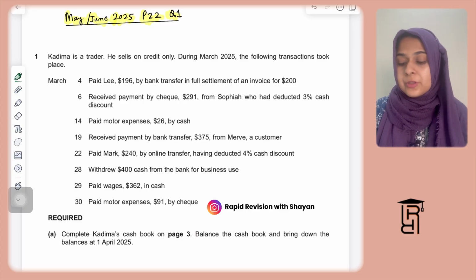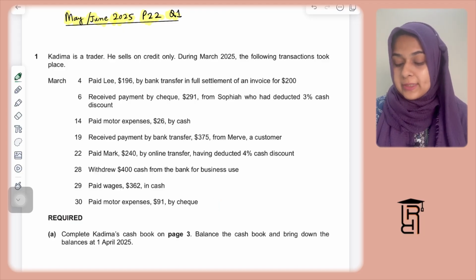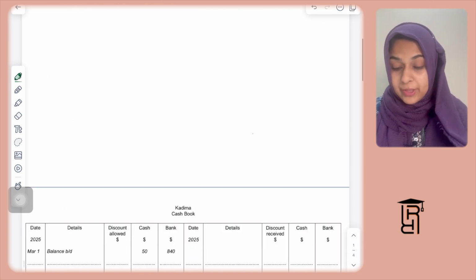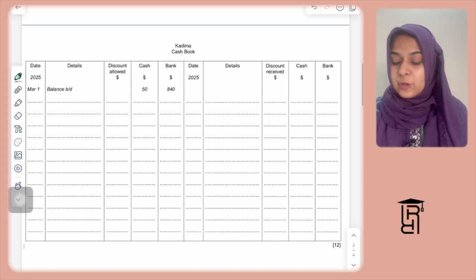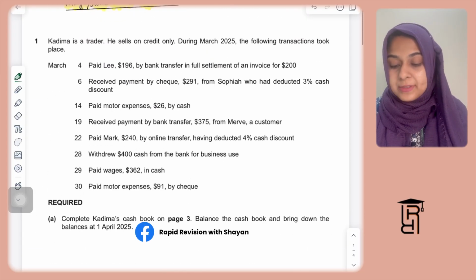books question. So the question here says Kadima is a trader. He sells on credit only during March 2025. The following transactions took place. We have to basically record all these transactions in the cash book given on the next page. So they've given you balance brought down for cash 50, bank 840, and then obviously you're going to record all